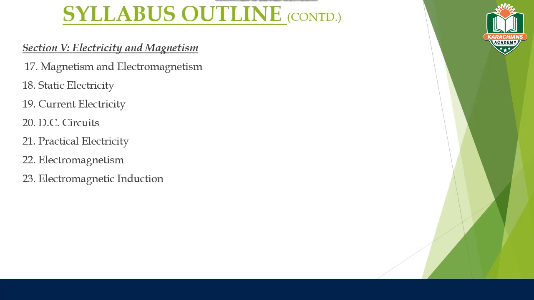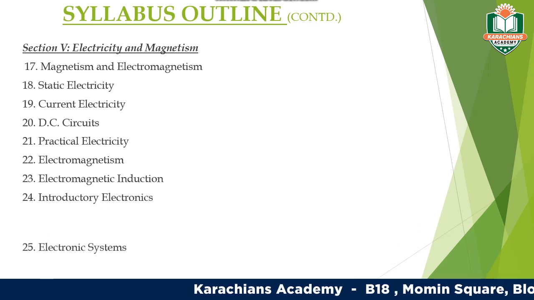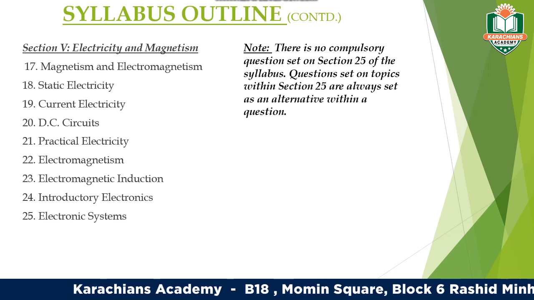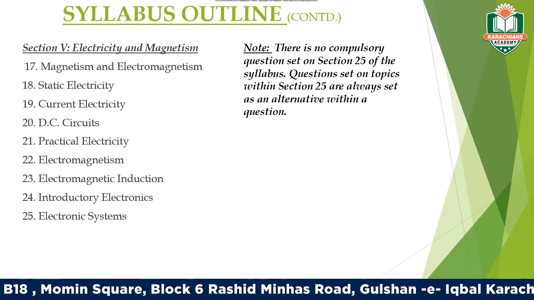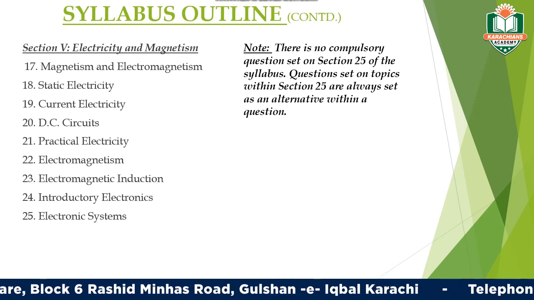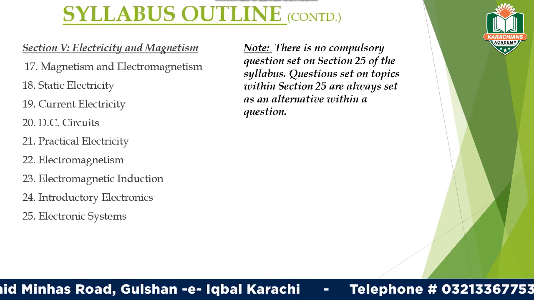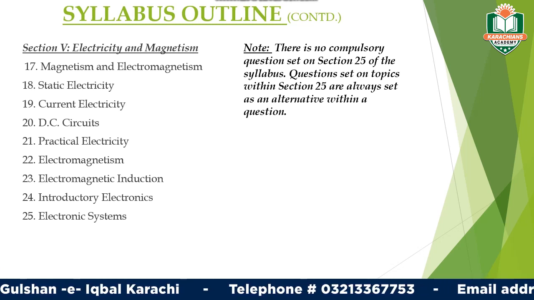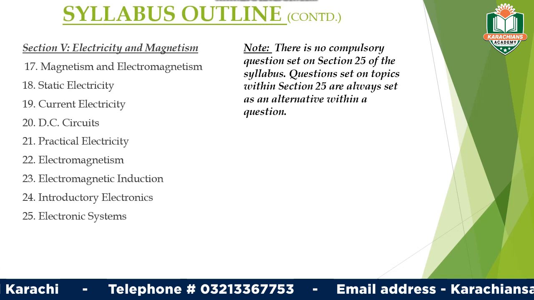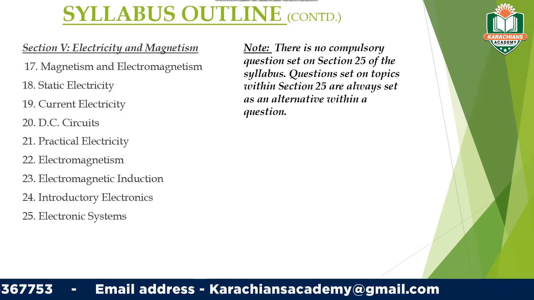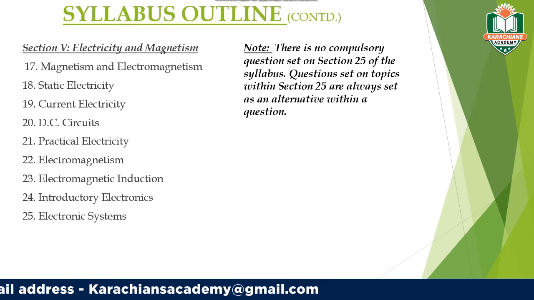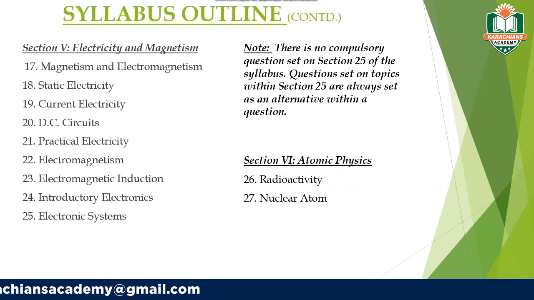followed by electromagnetism, that is how using magnets electricity is generated, and then its induction through AC motors. Okay, then we have electronics as well. Basics of electronics is done. Then you have electronic systems, which you don't get a compulsory question. Normally in paper 2 you get a question from electronics, which is not compulsory, so it's not important to do it, but normally it is done so that you have an option in your exam.